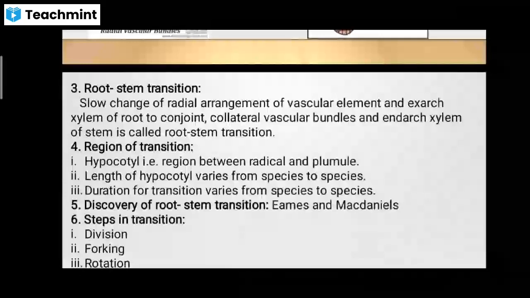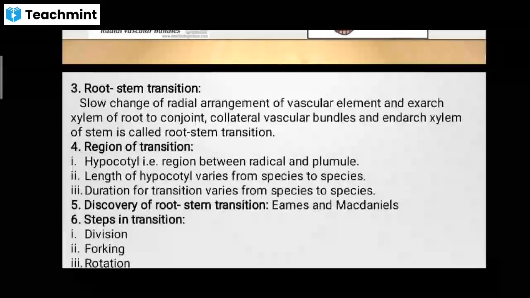जहाँ से हमने सीड का स्ट्रक्चर देखा, सीड से क्या होता है, वहाँ पे एक रूट अपेक्स और शूट अपेक्स, ऐसे दो इनिशियल पॉइंट वहाँ पे ग्रो होते हैं. So that is the radicle and plumule. The region between the plumule and radicle is called the hypocotyl region. Mostly the root and stem transition takes place in this hypocotyl region.